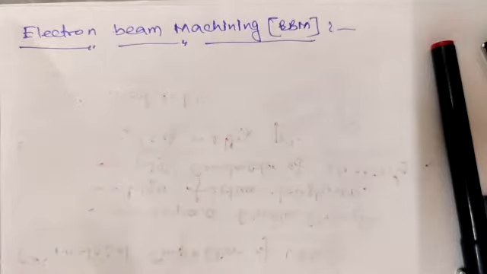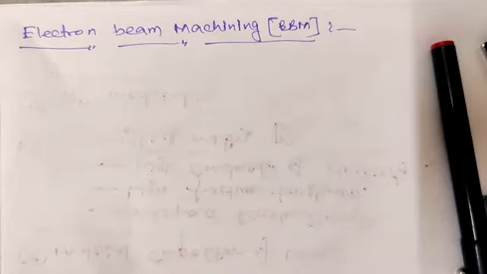Good afternoon, everyone. In the last class, we started discussing EBM, that means electron beam machining. Already, I have discussed the working principle of EBM. Then, in the last class, I also discussed different process parameters and their influence, and even the diffusion pump, which is a very important part of this EBM process, used to generate vacuum in the electron beam gun, right?